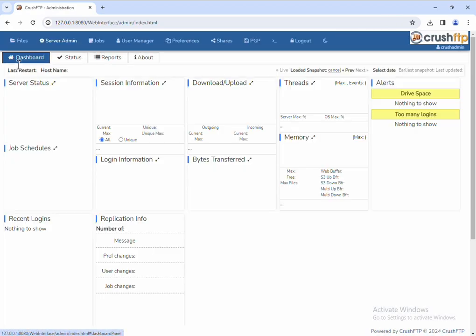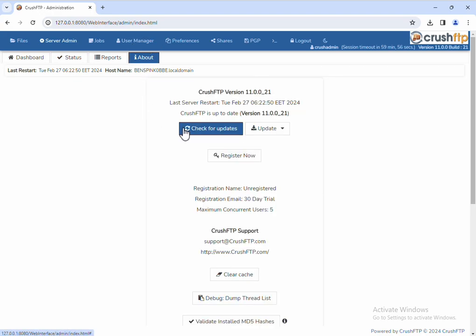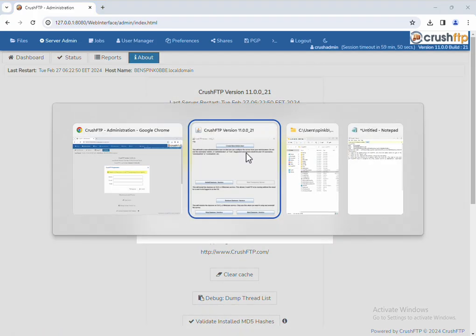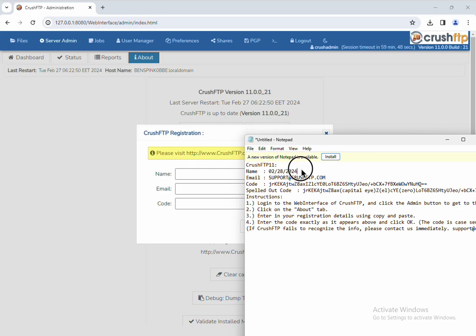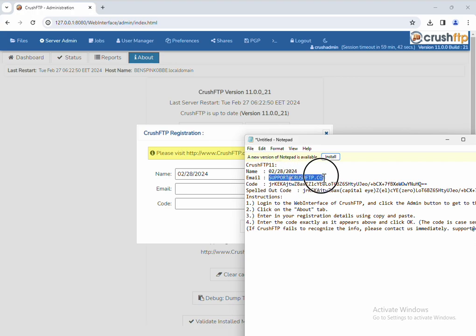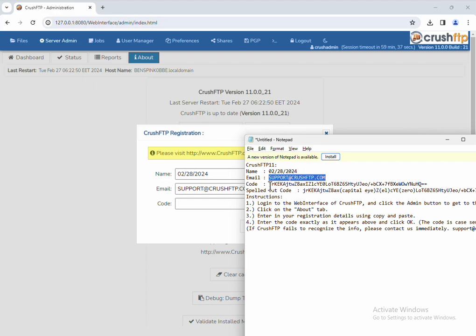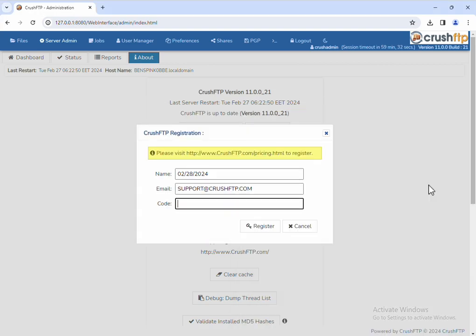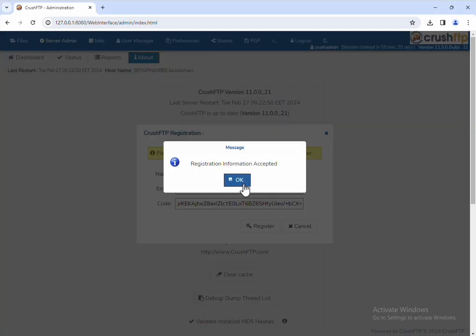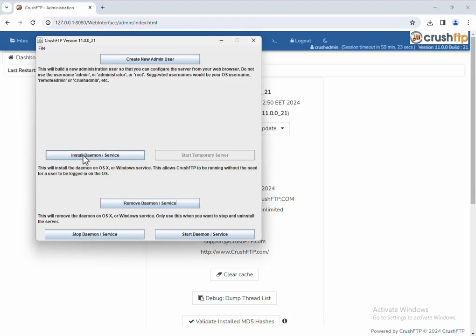We're logged in and we have a license code. So we're going to enter our license code here under the About tab. Be sure to use the code and not the spelled out code when you're copying. License code applied. After the license code is applied, you can install the daemon service so that you no longer